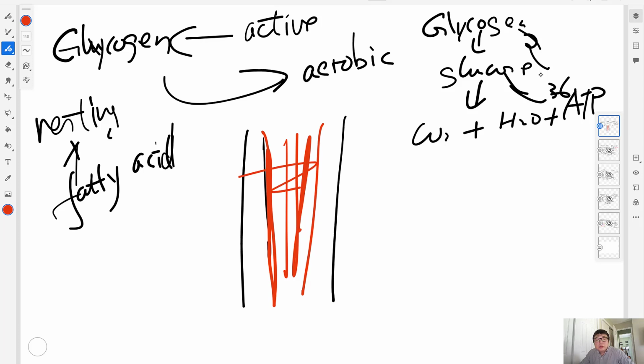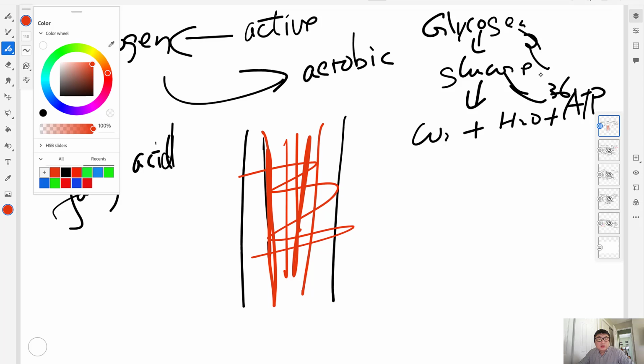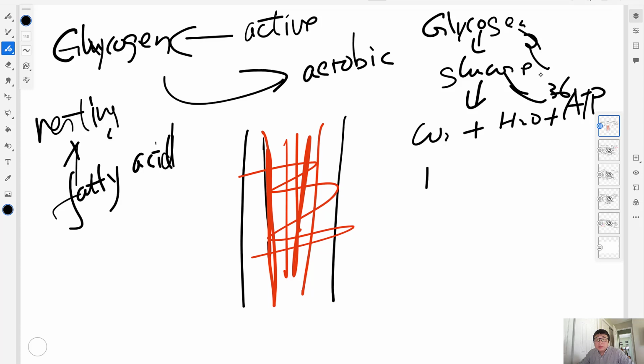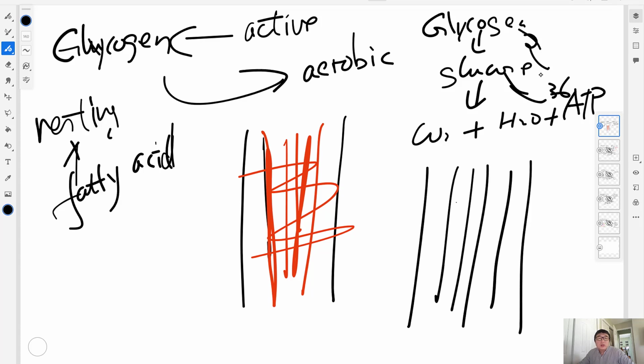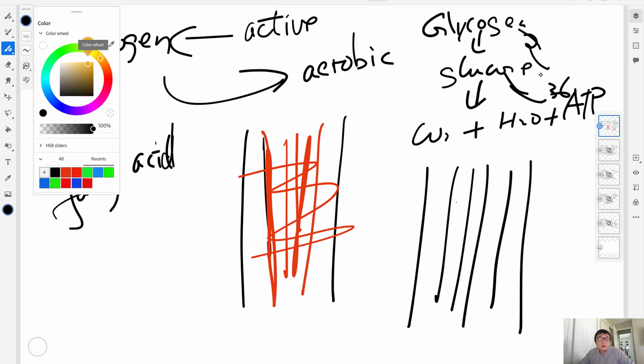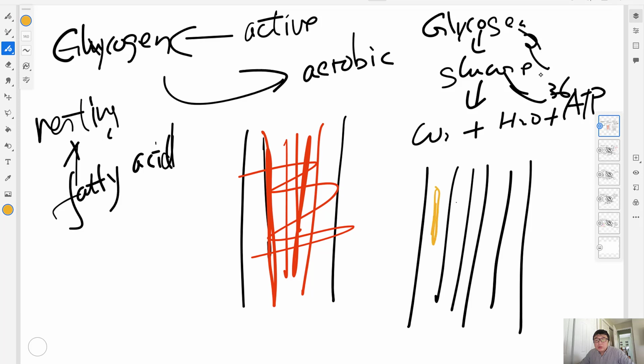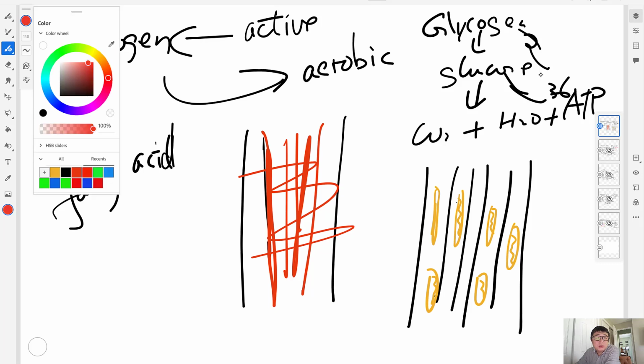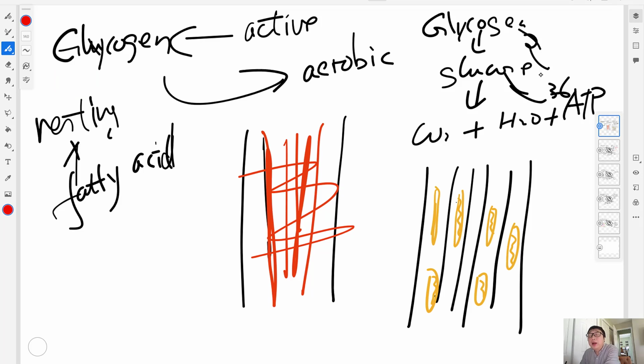Muscle itself should be black, and then you have a lot of mitochondria staying in the muscle, so they can produce ATP from the glycolysis and oxidation of glucose. And in this status, you also need a lot of oxygen. By the way, skeletal muscle has a very high content of